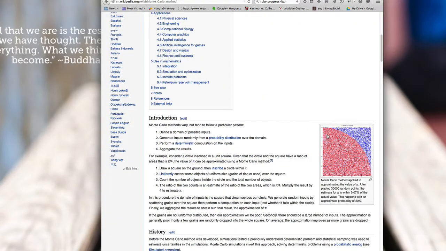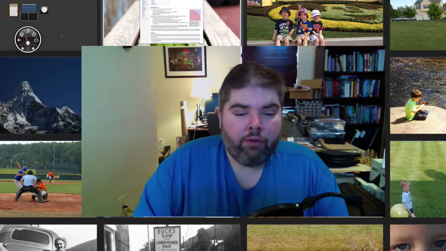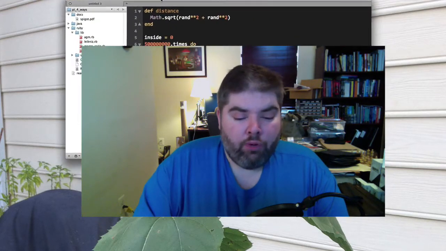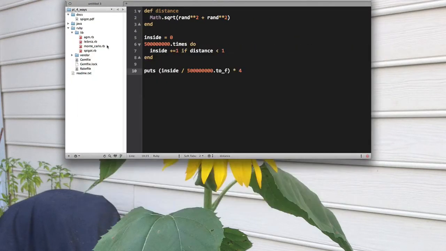And there you'll see this little graphic I was showing you earlier. So that is the Monte Carlo algorithm for calculating pi. And if we were to end there, that would be a nice little screencast. But we have more. First of all, let me show you what I'm looking at here. This is the code we just wrote, right? I'm going to throw that away,